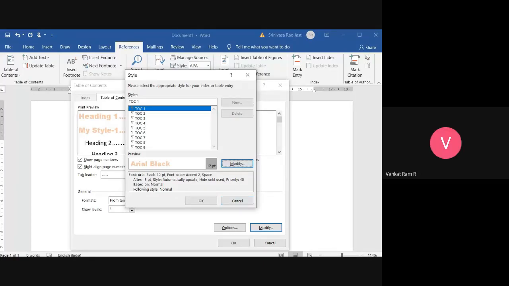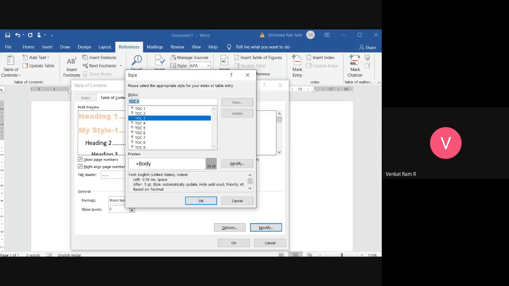Cursor. What cursor you are having? Kiriti, what cursor you are having? Are you able to see it or not? Now I'm selecting it. Aren't you able to see it?